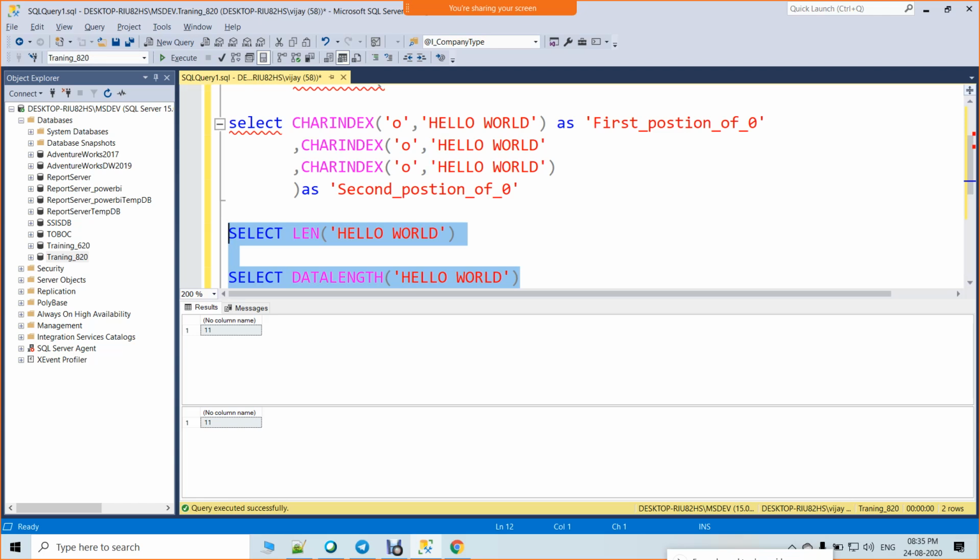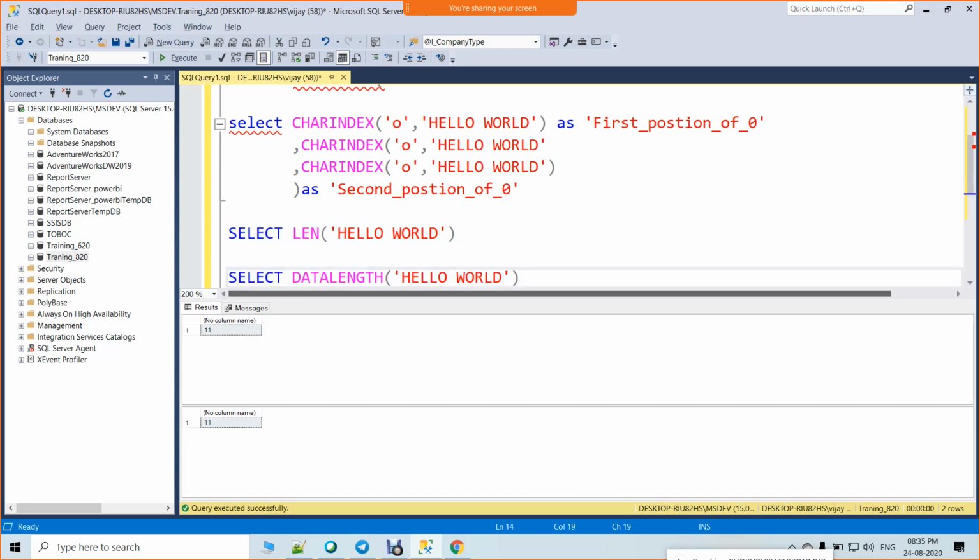Here one character, one space. I mean one number actually, right? Yeah. Okay. If you cast it as NVARCHAR, the same thing you cast it and put it here also.